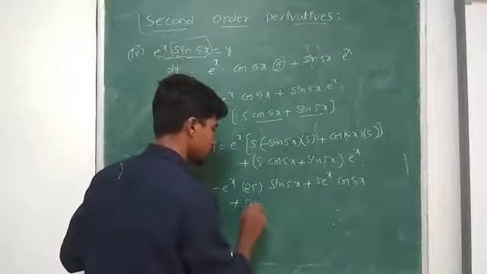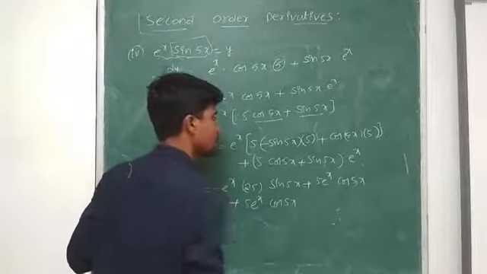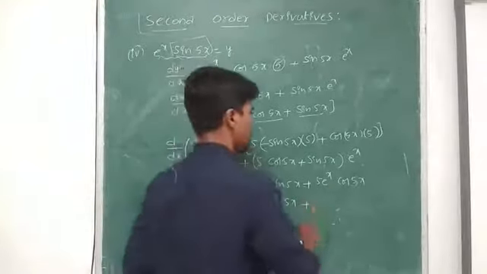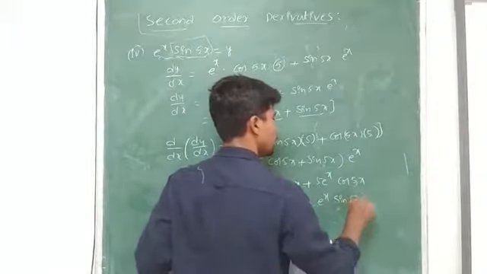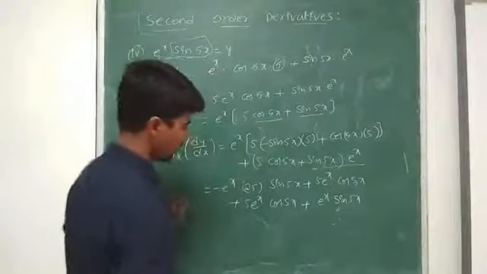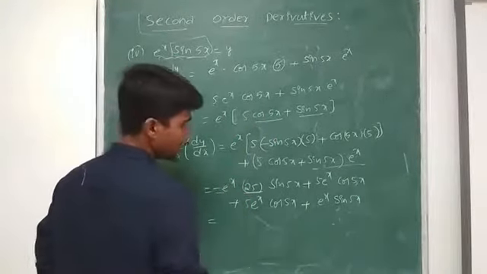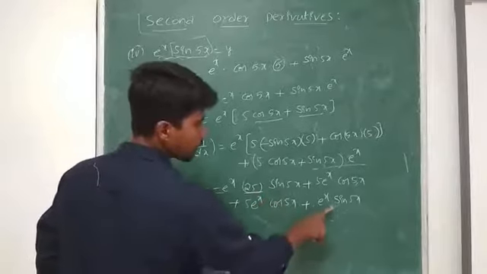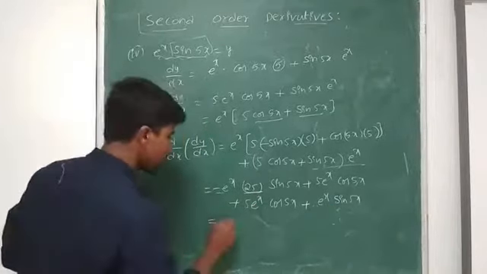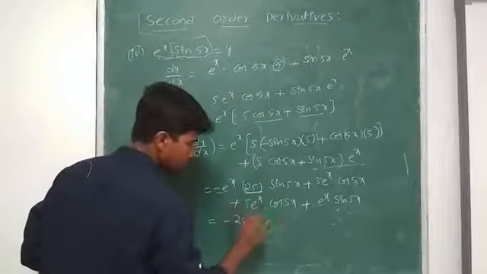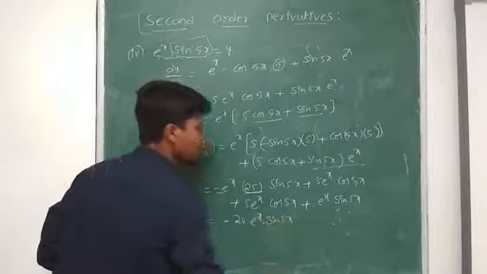So I write it as 5 e power x cos 5x plus e power x into sin 5x multiplied. Now final answer, minus 25 e power x into sin 5x plus e power x into sin 5x. So I can write it as minus 24 e power x into sin 5x